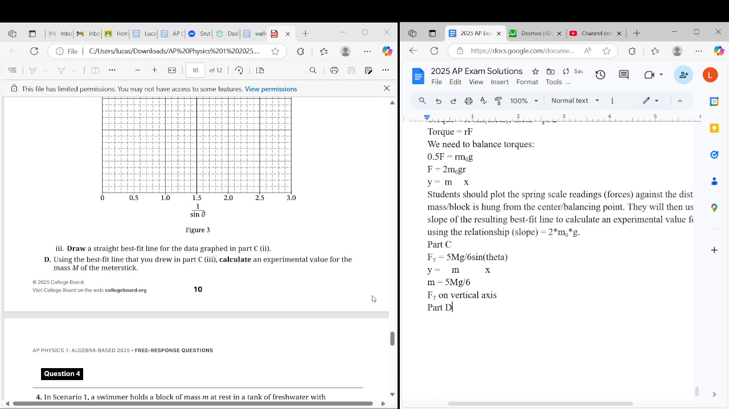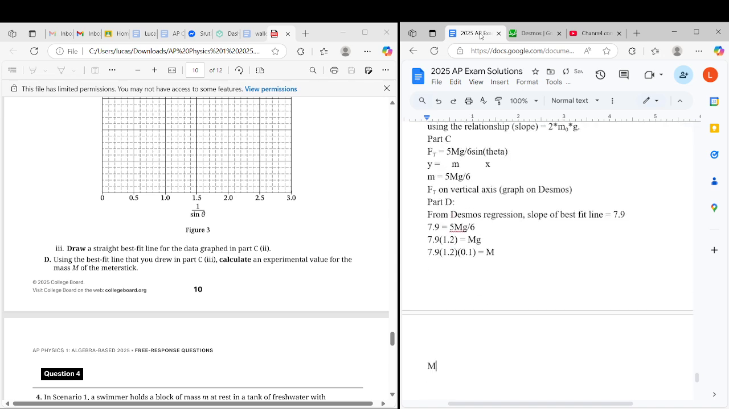And then part D, you're going to calculate the experimental value. So we will go back here and say from the Desmos regression, the slope of the best fit line equals 7.9. And then we can do the slope thing over here and say 7.9 equals 5 mg over 6. And then 7.9 times 1.2 equals mg. And for using 10 for g, we can say 7.9 times 1.2 times 0.1 equals m, and then m equals